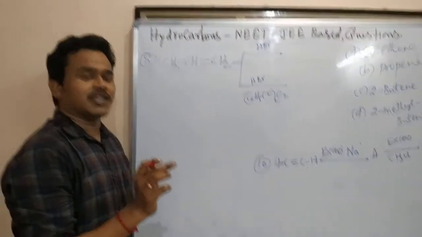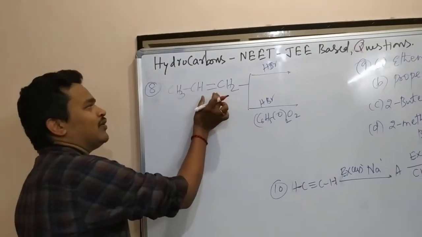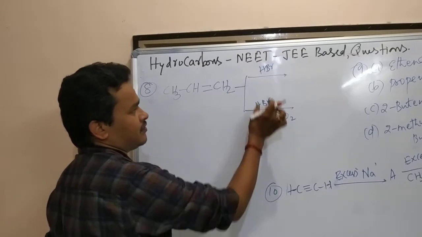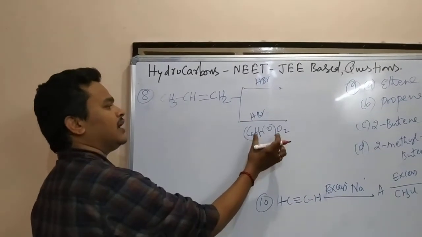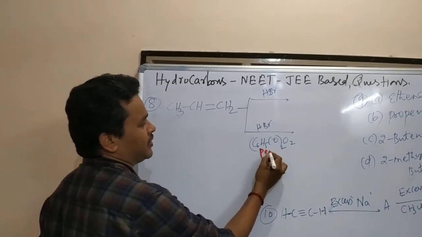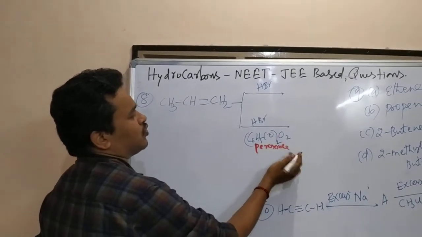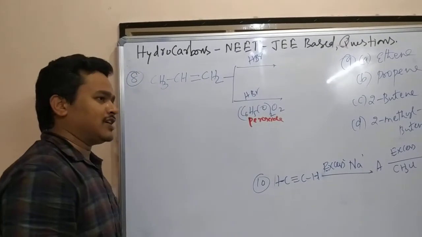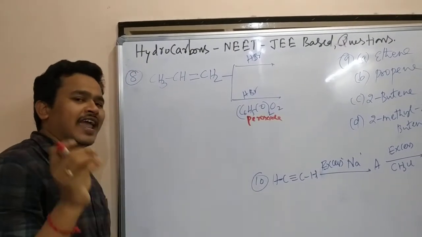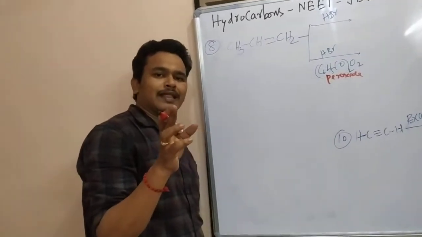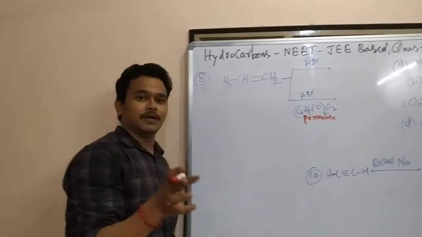And the next question is, see here. One unsaturated alkene is given, HBr given, first one. Second one, HBr in the presence of benzoyl peroxide. This is peroxide. So the question can directly ask for the product here. Otherwise sometimes they can ask for the intermediates. To know the intermediate, the mechanism of this is compulsory.